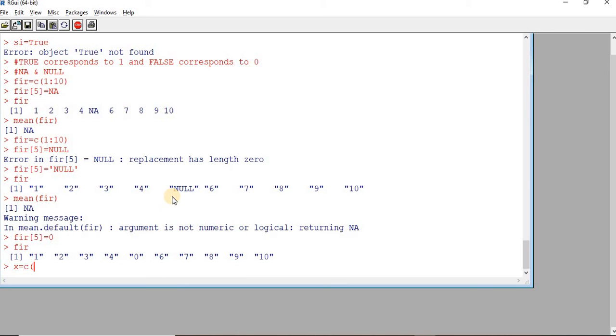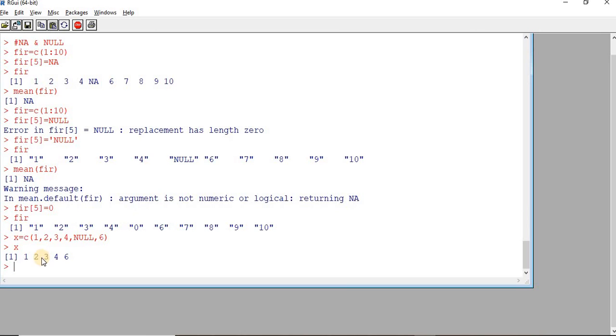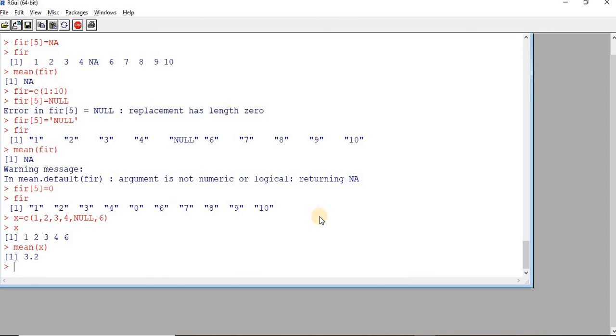Okay, I have some values, say 2, 3. Right? Now here you can see the difference between this null and NULL in the form of a string. Now let me perform mean on x. So this is possible.